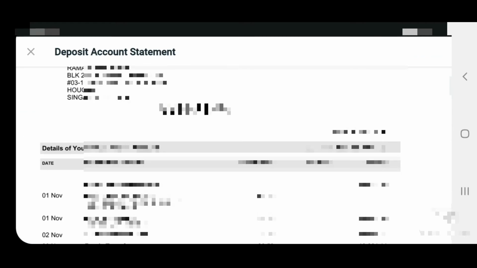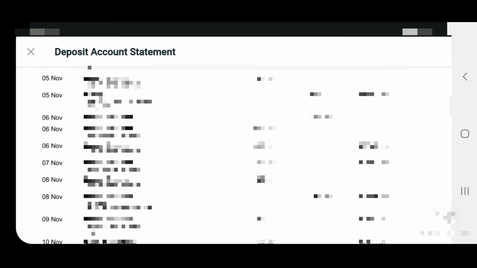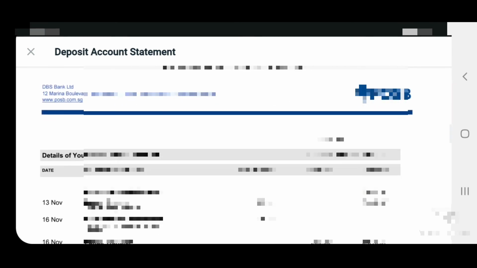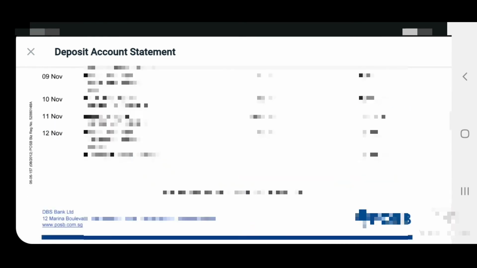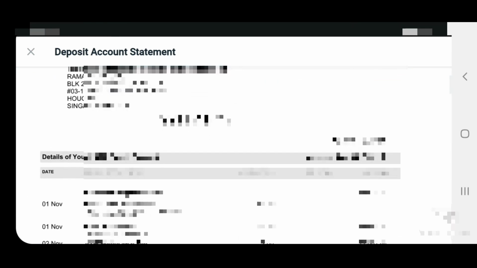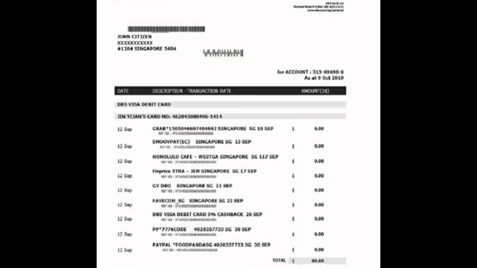So friends, this interface is open. Here are all your details, your address, and all your transactions about withdraw, deposit, or transfer money anywhere. All the details are here. Anywhere you need, you submit this full paper. So this is a bank statement.